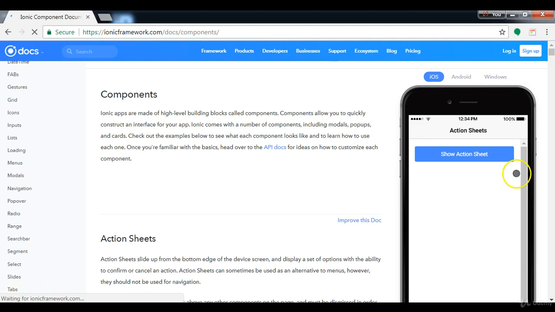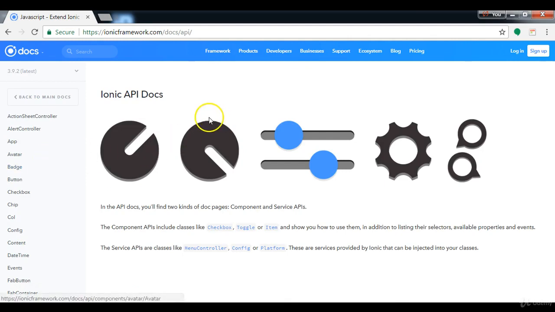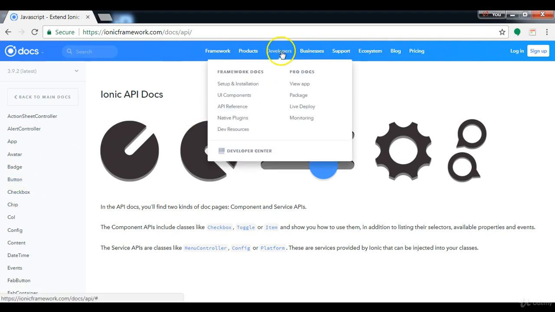Also from the components here, we can go to the API reference, which can see the references here on how to make use of the alert controller, which will allow us to use alerts in our mobile application, buttons, checkbox, and so many components